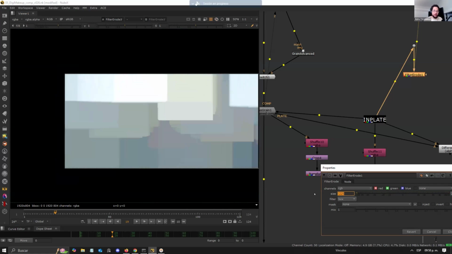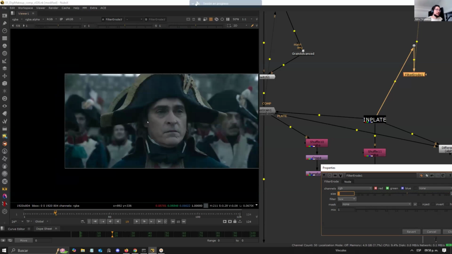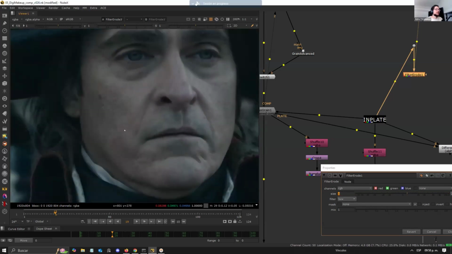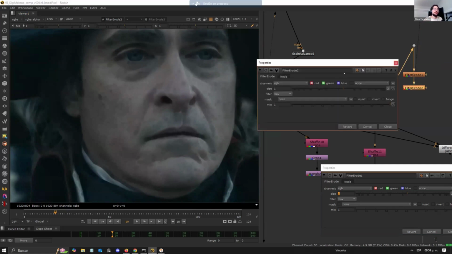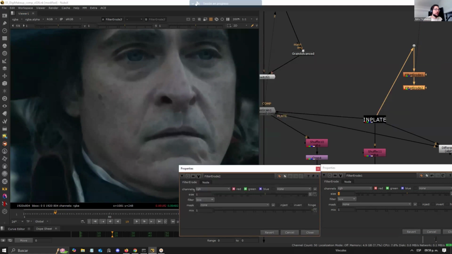But one thing you can also do, other than averaging up and down in terms of brightness and darkness, is a cool trick where you have two erodes stacked on top of each other. One is going one way and the other is going the opposite way. So if we open these two up here and have erode number 2 going -1 instead of 1, you get